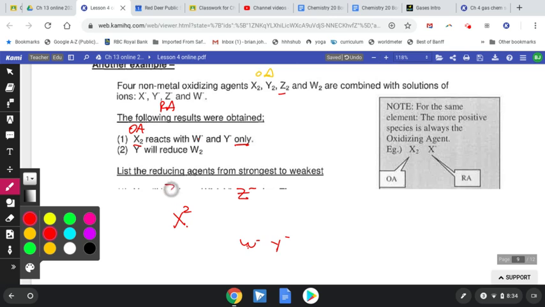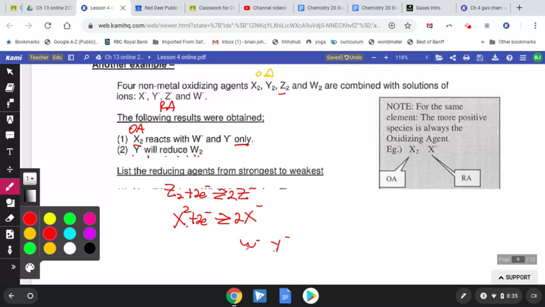Okay, so I can finish this one off. Z2 plus 2 electrons makes 2 Z minuses. X2 plus 2 electrons makes 2 X minuses. Now I just got to figure these two out. Y will reduce W2. So Y reacts with W2. So that means